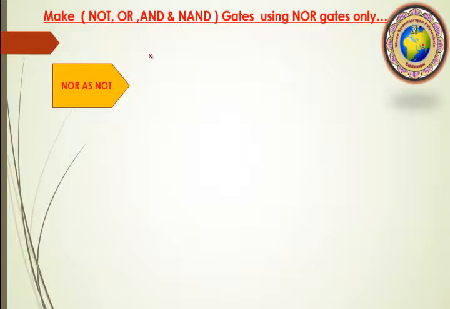Now for the NOR gate we know that the Boolean expression is (a plus b) whole bar. And our requirement is y is equal to a bar. So this is our NOT gate and this is our NOR gate. How can we convert this NOR gate into a NOT? Here is the single input. So instead of two inputs, I take the same input on both, and then this is given into the NOR.